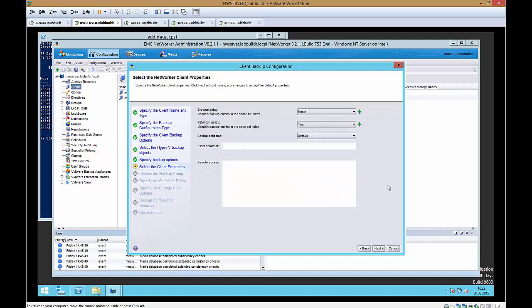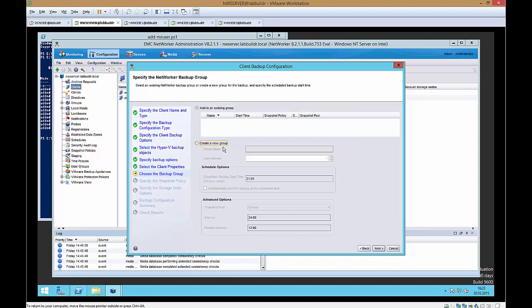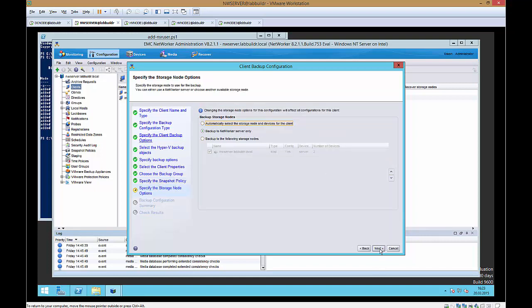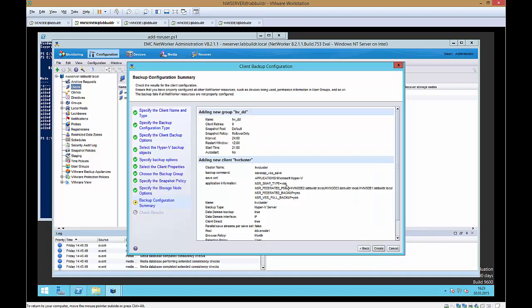We just use the standard browse policy and retention policy, and we create a new group. The new group that we use here is hv_dd, which means Hyper-V backup to the Data Domain. Client retries, we don't want to have a retry, because if it fails, it fails. It's not good for the test to have that many retries. Important, rollover only is the snapshot policy that we use. And we back up to the NetWorker server only in this part, and that's it. So we have a PSOL list, the preferred list for backups. I will get to this list later on if we analyze a backup. So I click on create,